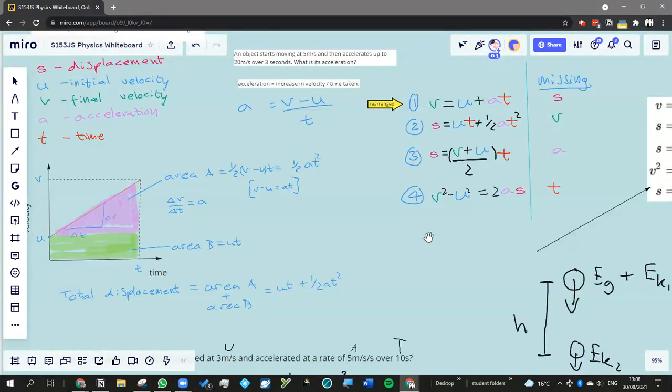The third one is actually a little bit easier. The third one is just going to be equal to the average velocity